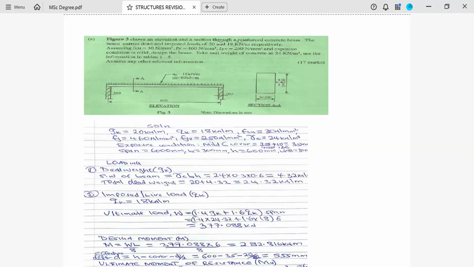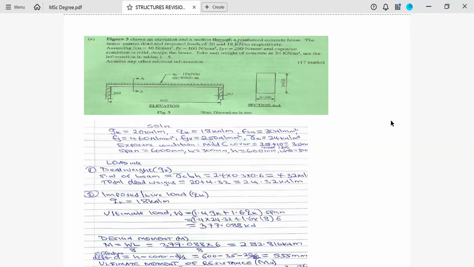For our case here, we are using capital W, so our ultimate load is 1.4 dead load plus 1.6 imposed load, then you multiply by span. Remember, we are dealing with kilonewton per meter, meaning span we shall use in terms of meter, not millimeter. So we use 6. From there we get our value of ultimate load as 77.08